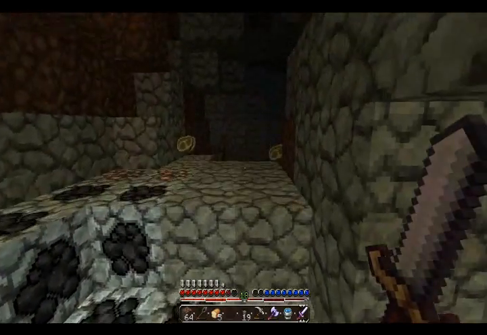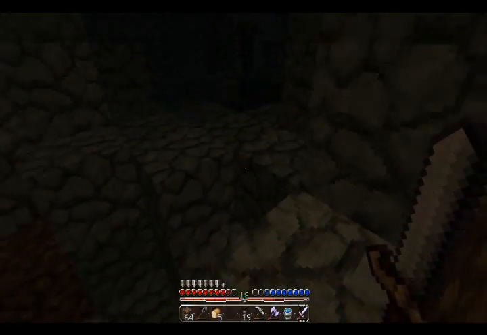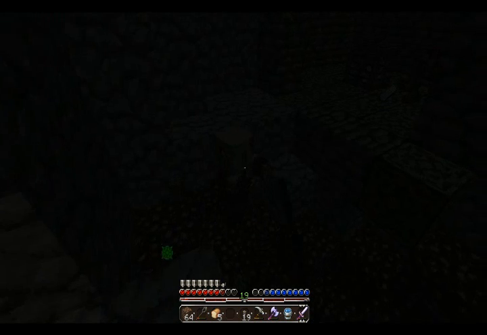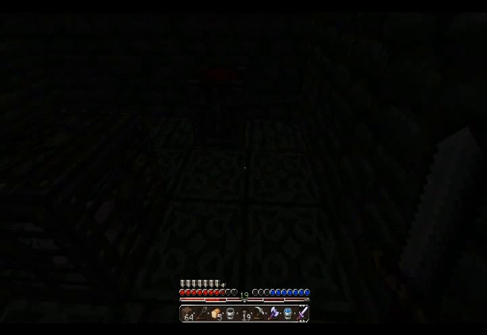We are deep underground. We found a part of the mine shaft that led somewhere, and it led us through a whole bunch of creepers to another dungeon. So if we just fight our way through the zombie horde, we can... Oh no, I think one of the creepers blew up a chest, so...